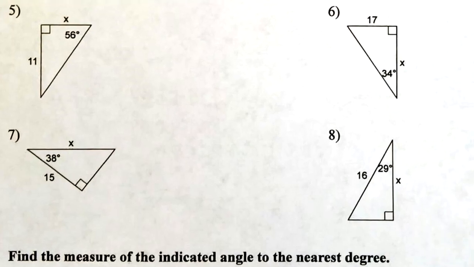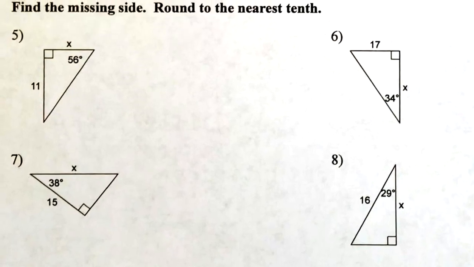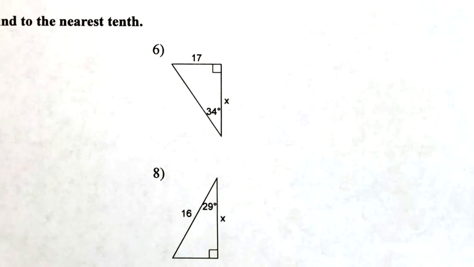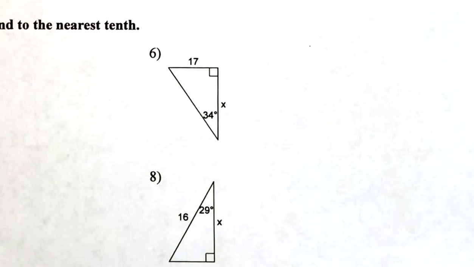For the next group of problems, you're asked to find the missing side of some right triangles. But you'll notice you're only given information about one of the sides, not three of the sides. So here we're going to be using our trig ratios. You'll remember that every right triangle,